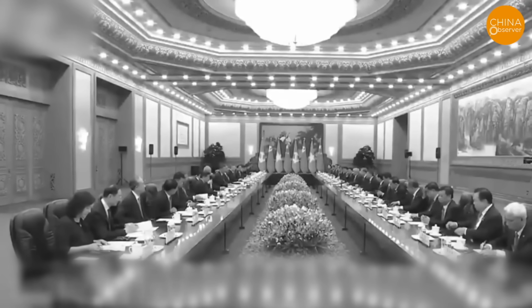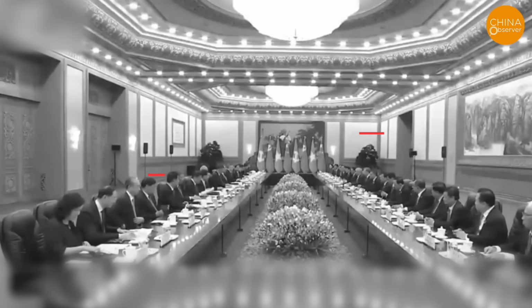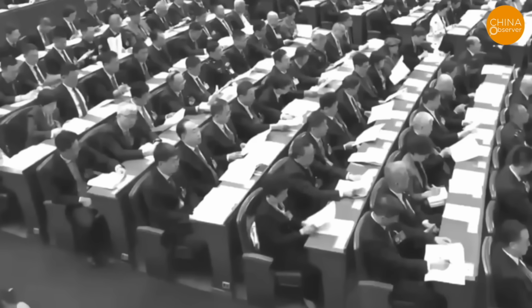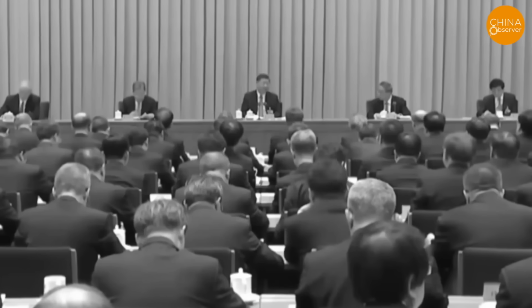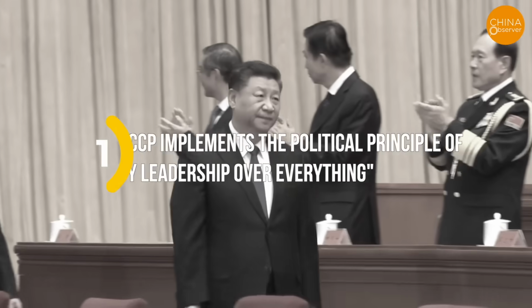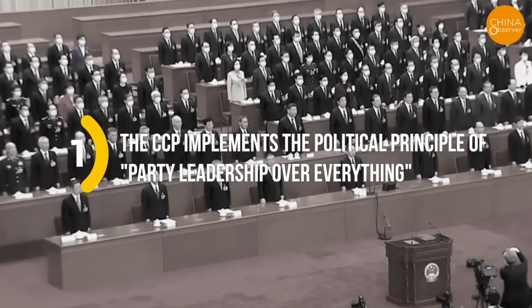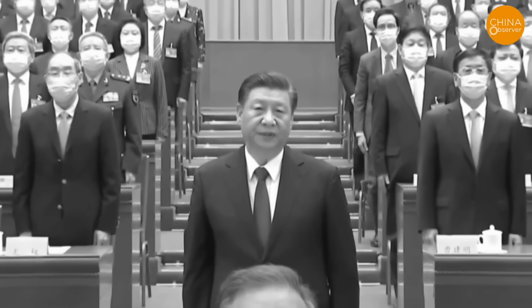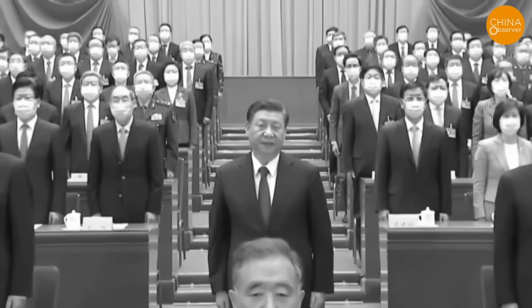This governance model has been criticized by some observers as a mafia-style scheme, with the core issue being the CCP's full control over the state apparatus. This concentration of power leads to a lack of meaningful checks and balances, fostering systemic corruption and abuse of power. Firstly, the CCP implements the political principle of party leadership over everything. Within this framework, the legislative, executive, and judicial branches are formally separated, but in practice are all directly led by